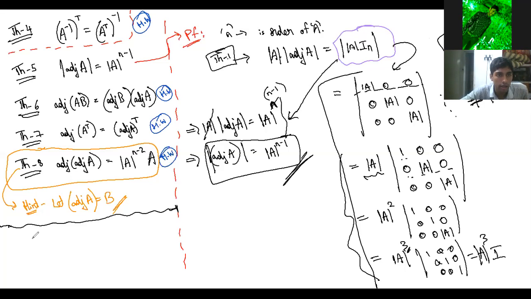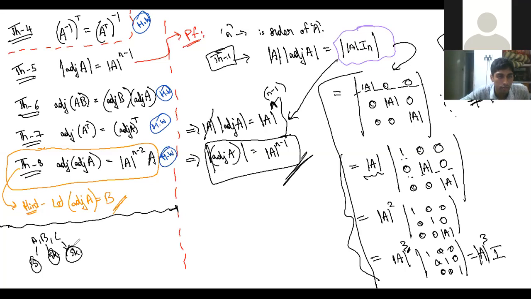Did you try that? A, B, C, A symmetric, B, C are skew symmetric. Did anyone try after going home? After class. Did you get the answer? Yes, sir. I got the last two options. I think it's not the right answer. Anyway, fine. The point is, whatever questions you are given, you can check actually. It's a question from 2015.